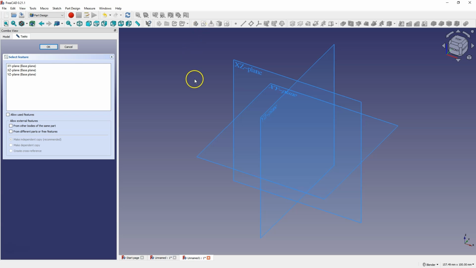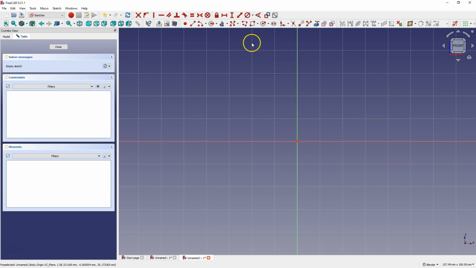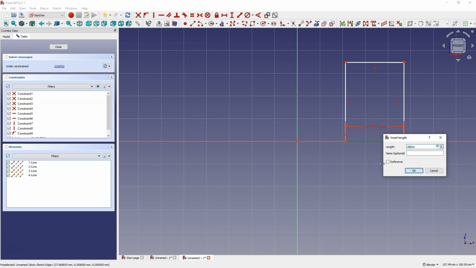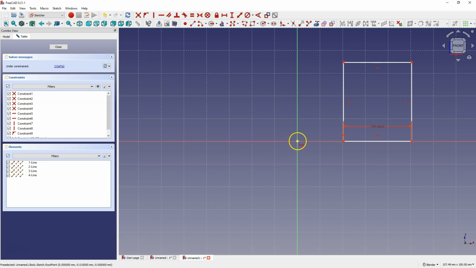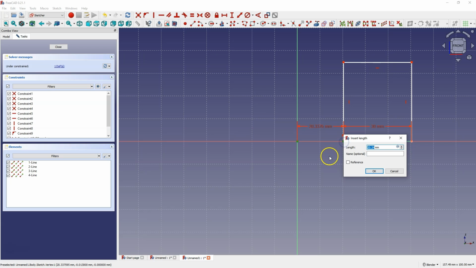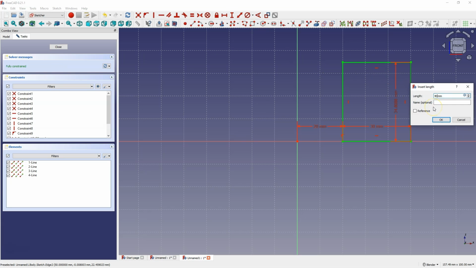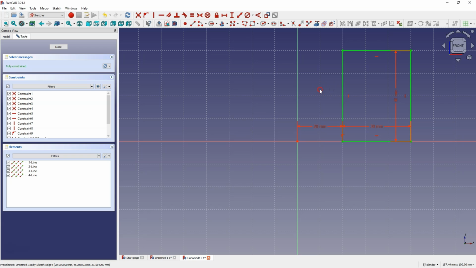This time, select the XZ plane, and on this plane, create a rectangle in such a way that the first corner of the rectangle is connected to the X-axis, and place the second corner anywhere. Now, add the dimensions of this rectangle. Here, 30 mm. Here, add the distance of this point from this point. For example, 20 mm. And another dimension, 40 mm. Okay, right-click to cancel the dimensioning command and create a circle here,